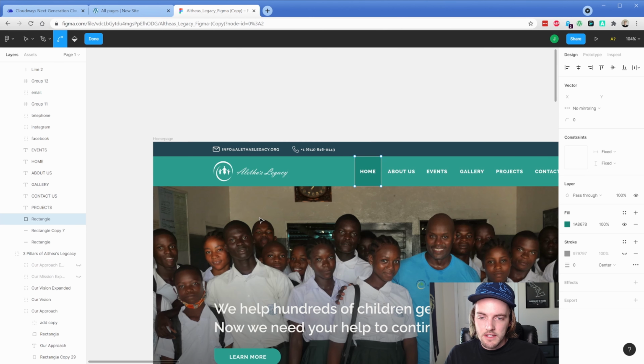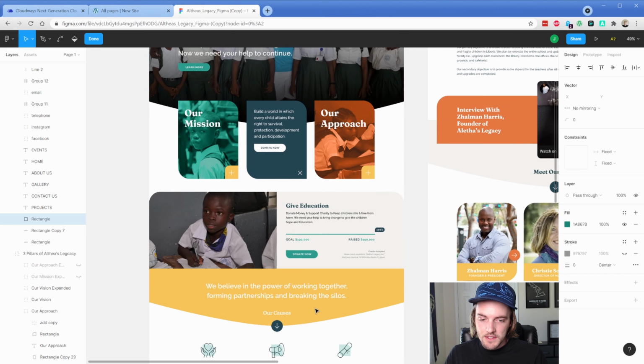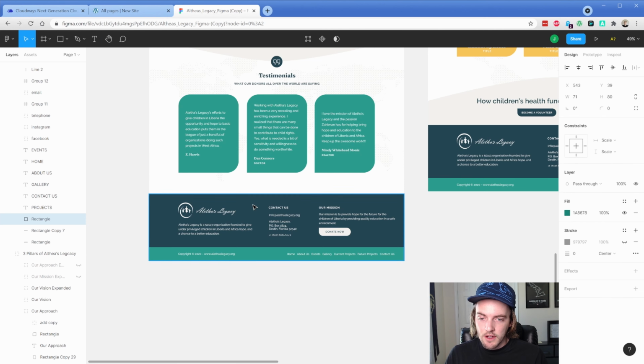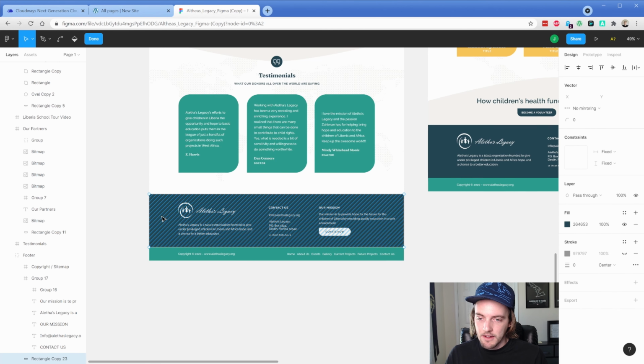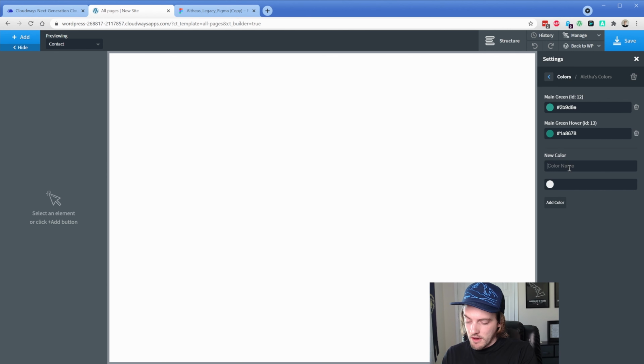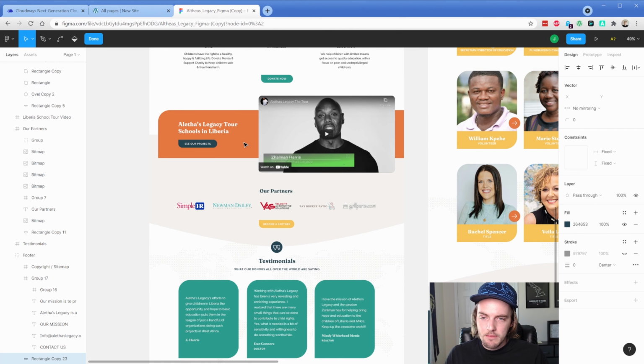Let's take a look at some of these other ones. Some things that we use throughout the site are this orange and this yellow. What else do we have? That's about it. There's a darker color for the footer, so why don't we go ahead and grab that color? We're going to call it footer dark. The color names don't actually matter, it's just for your own reference. And then we're going to call our next one orange, and we will grab this color right here,